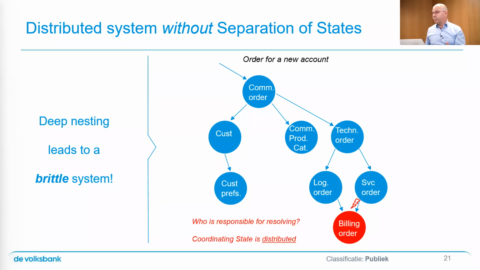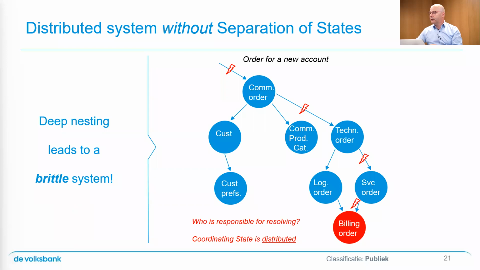Who can solve that problem then? Well, the billing order can decide, okay, I throw an error message. Help me out, I can't solve this. Now, the service order, the component above it, will have the same problem. Well, billing, that is your concern, not my concern, so I will not deal with it. You know what? I'll throw the error message upwards until in the end, it's the consumer who gets an error message on the screen.